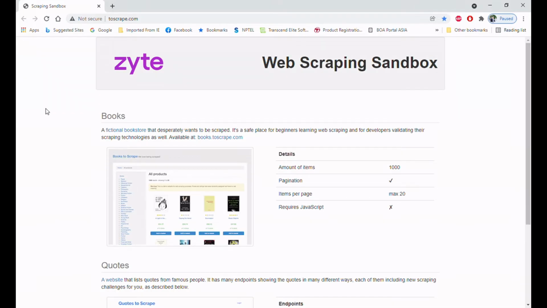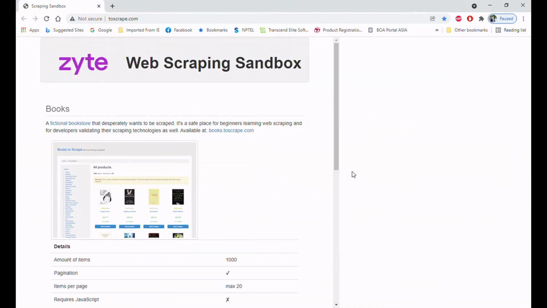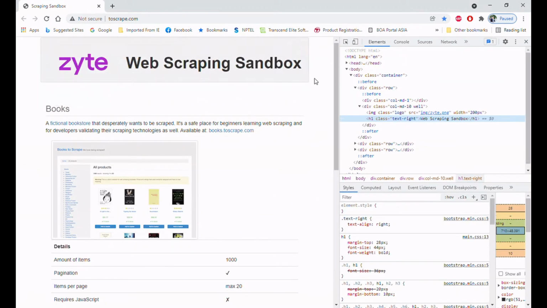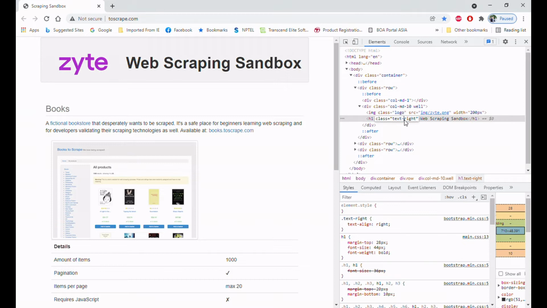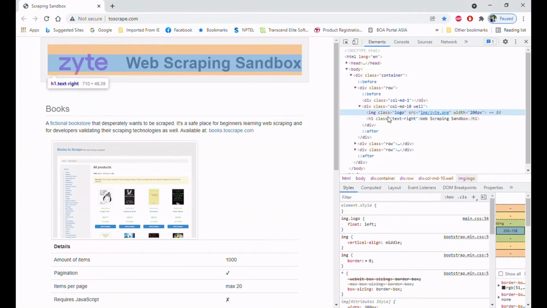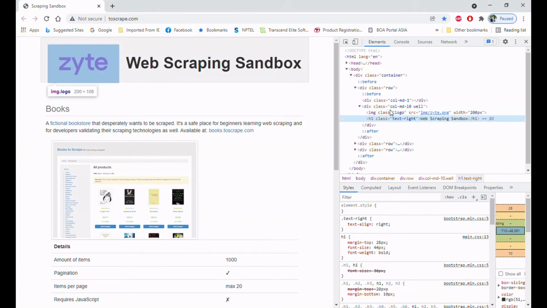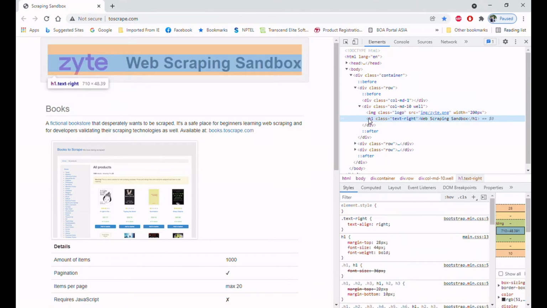So let's get started. Now let us identify where this string is present in the HTML. Just right click on it and inspect. It is present inside an h1 tag with class name as text. So this is our selector. We're going to select h1 with class as text, and then we will be able to get this string out of this h1. Let's head over to our VS Code and write the code there.